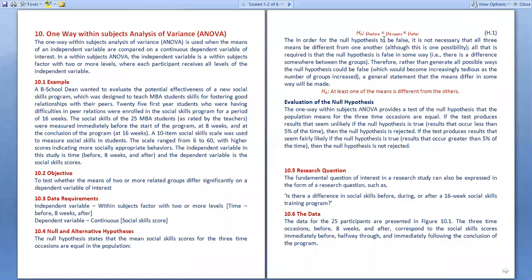Very good morning. In today's session in Business Research Lab, we'll be talking on one way within subject analysis of variance. Now, coming and talking about analysis of variance, when we are talking about one way within subject analysis of variance,